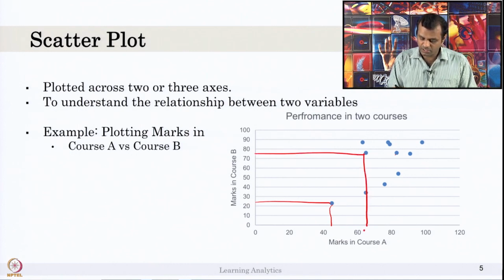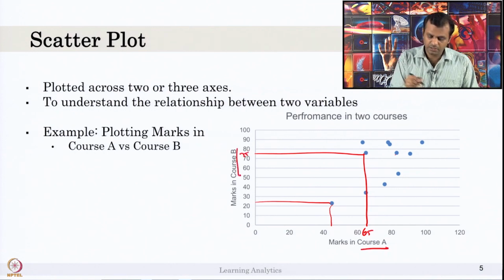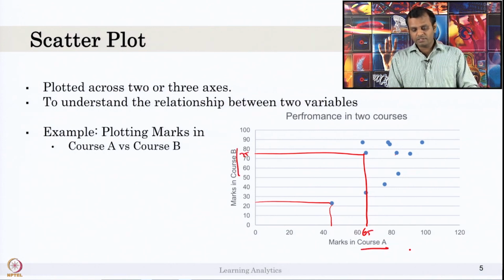So, if the student who got 65 in subject A got around 75 marks in course B. Why are we plotting this scatter plot? I want to understand the relationship between the marks in course A versus course B, whether the student who can do well in course A can also do well in course B,